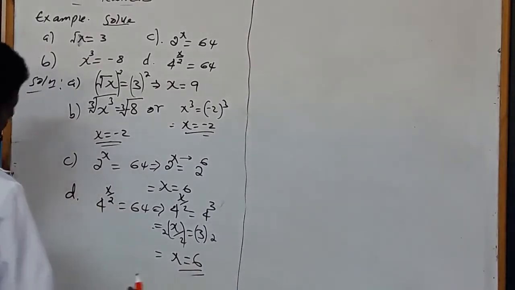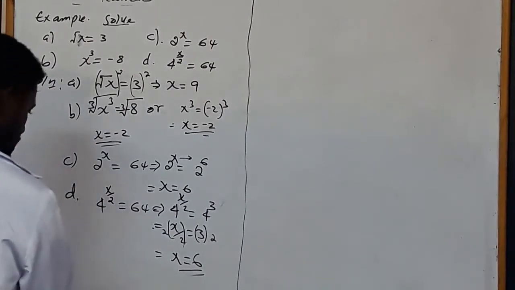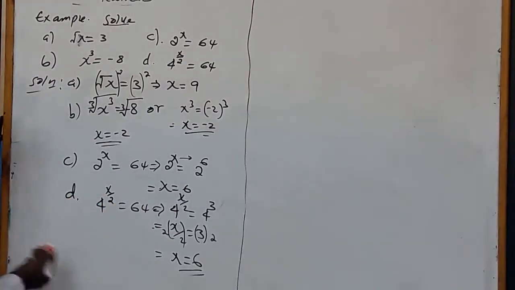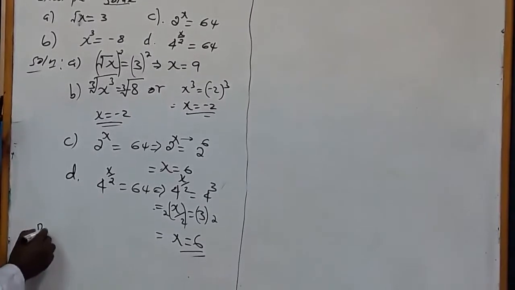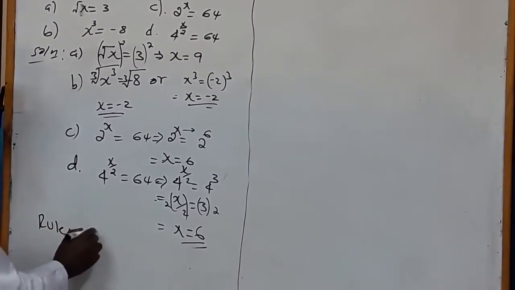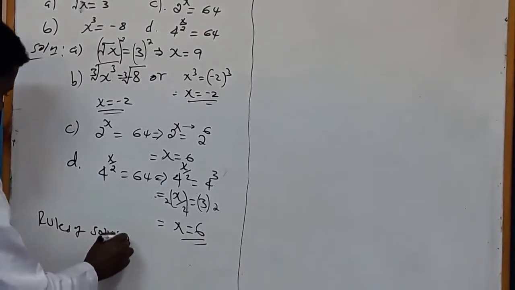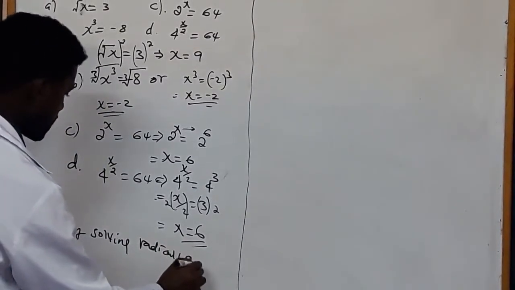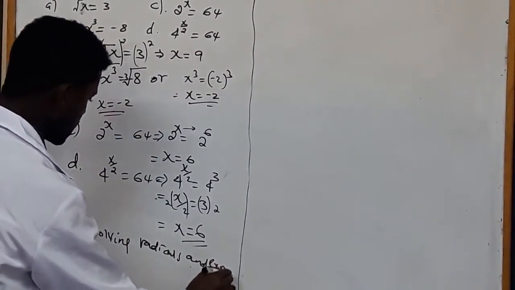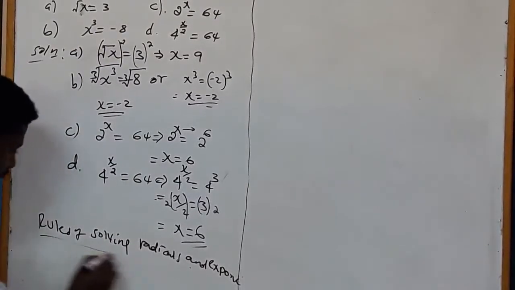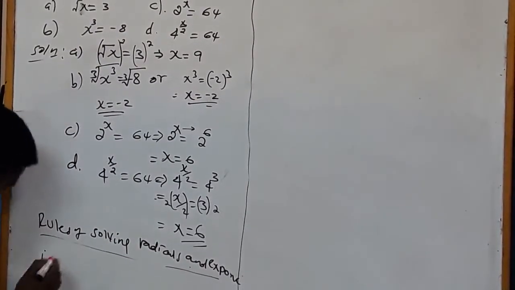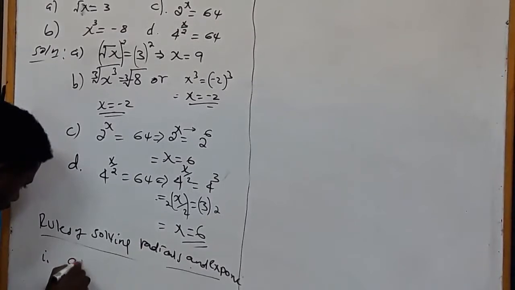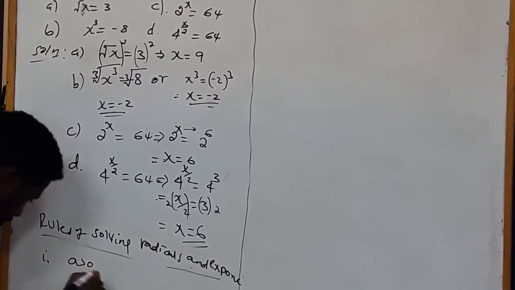Now let me see very important rules. The first rules of solving radicals and exponents. See, exponents. The first rule says, if you see, for a greater than 0,